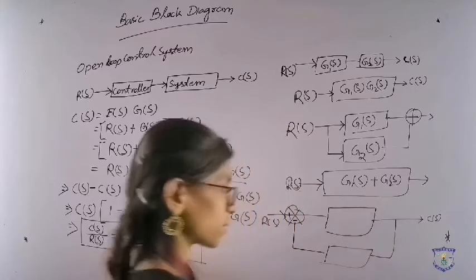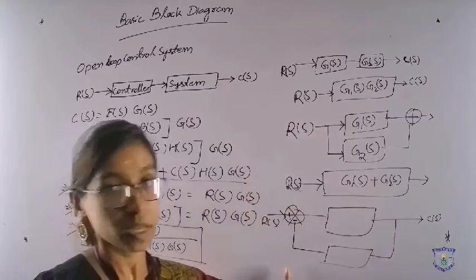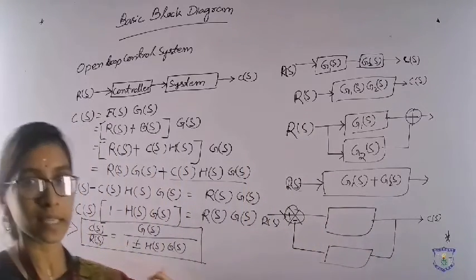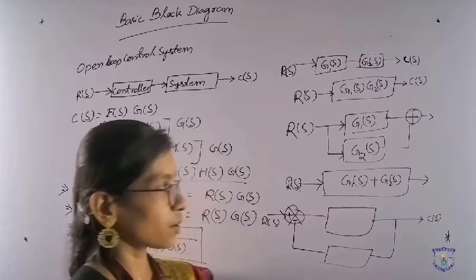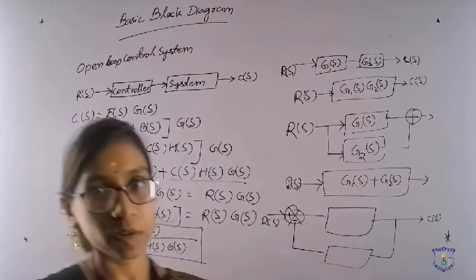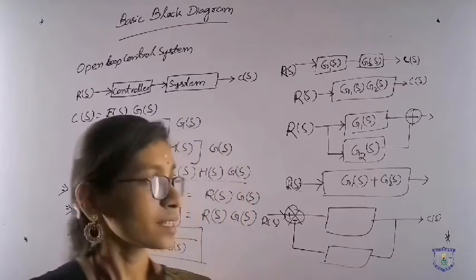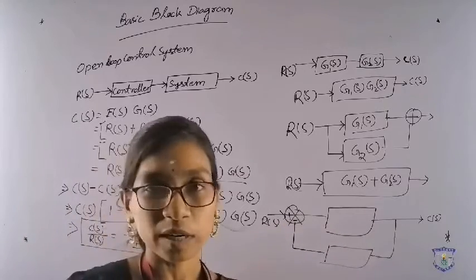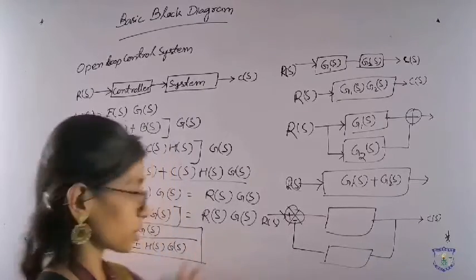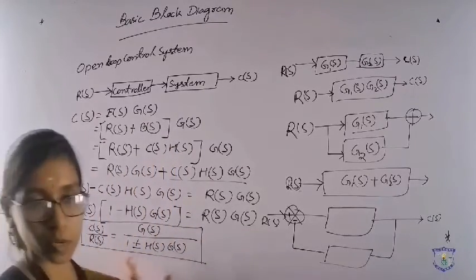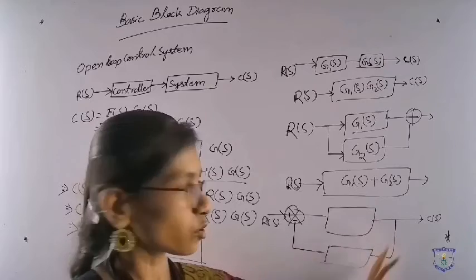So this is the basic format. Whatever complex block diagram is given, I can reduce it into this form so that I can put in this formula to find the overall transfer function of any complex block. This is how I can find the transfer function of any complex block diagram, by reducing it into the closed loop block of a simple control system so that I can put in this formula. This is the method to reduce the block diagram into the simple closed loop control system.